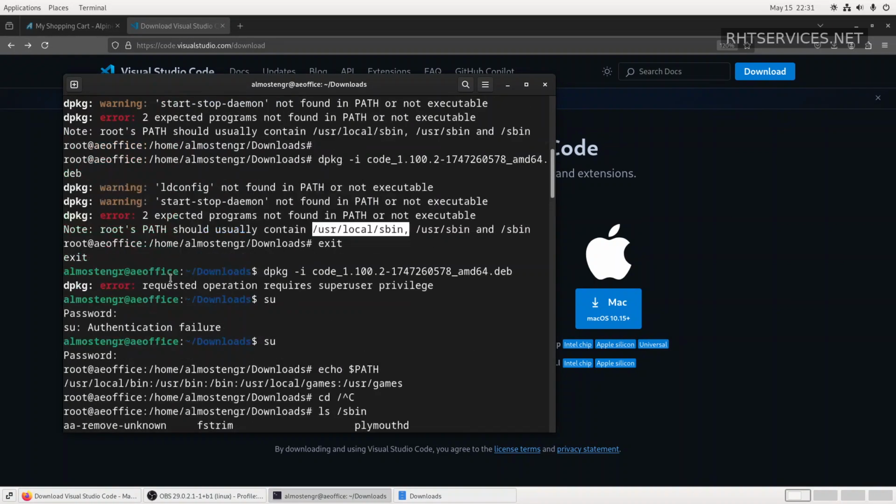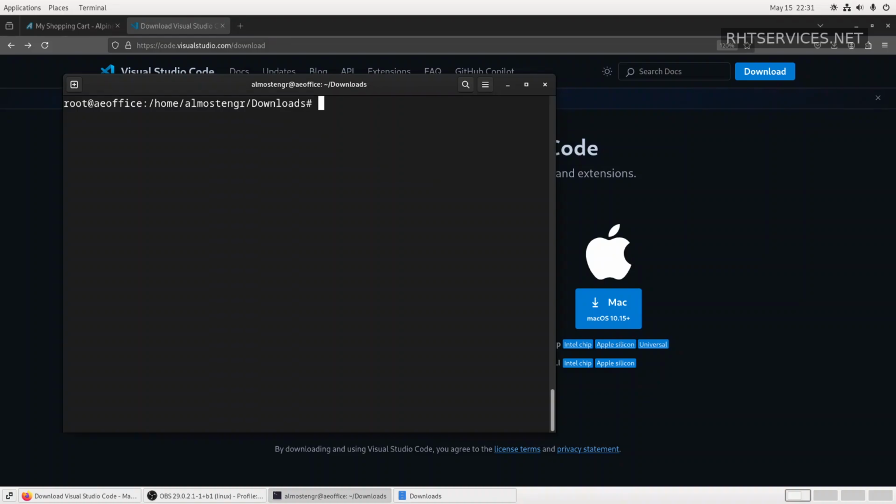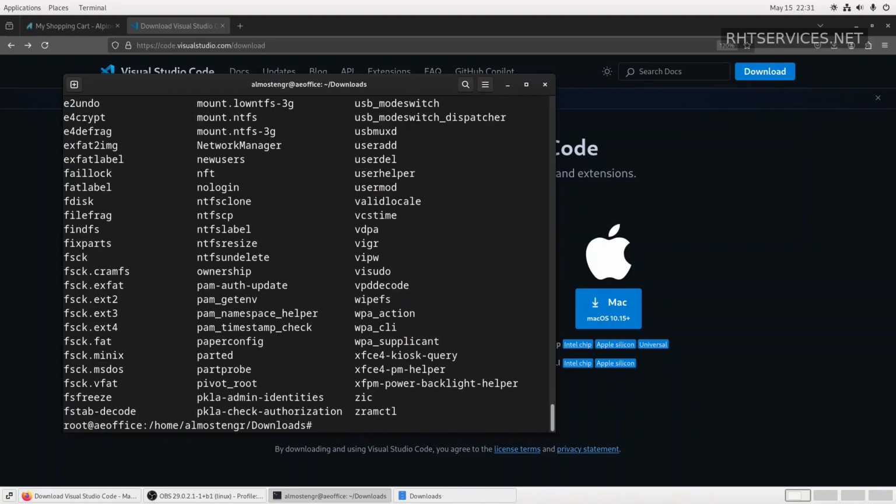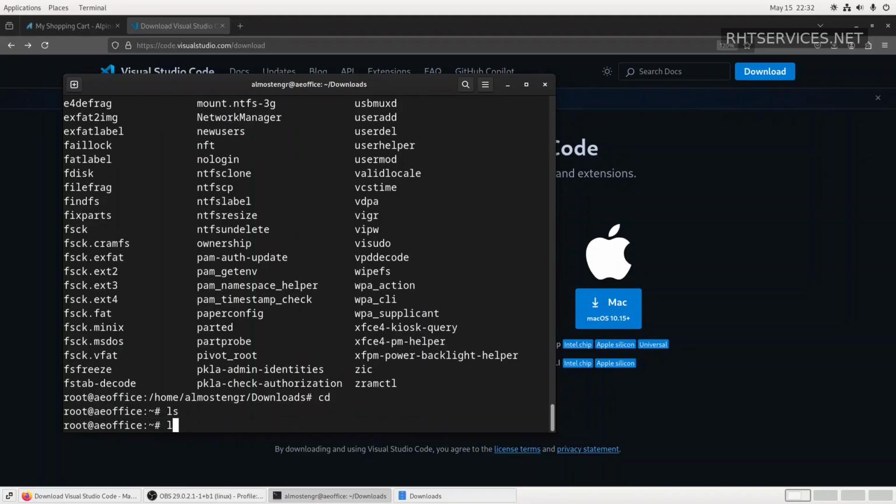Let's say /sbin, /usr/local/sbin, and then /usr/sbin. Okay, so clear. We're going to do this and paste that. All right, so that does exist, and then /sbin, that exists as well. All right, so let's go to